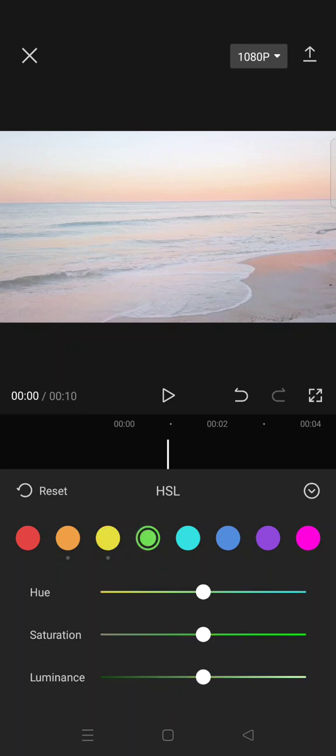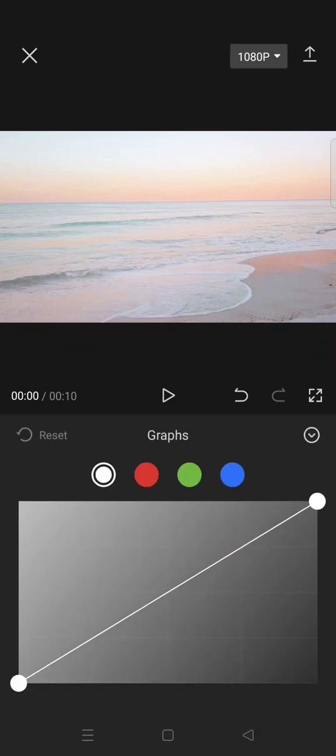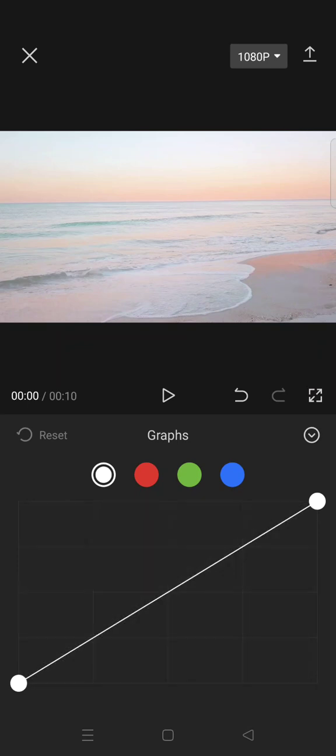And then click on the green and add some hue, set it to 50. And then go to the blue color and set the hue to -100 and saturation 100. Okay, and then you can just go back, click on the curves and then use this setting for the white